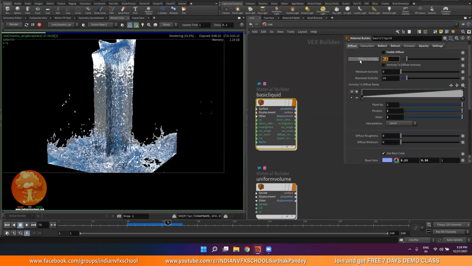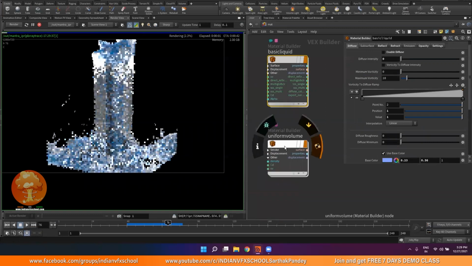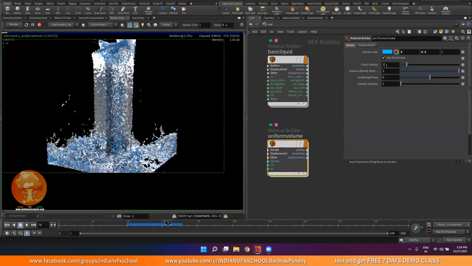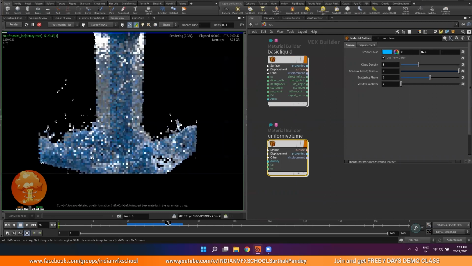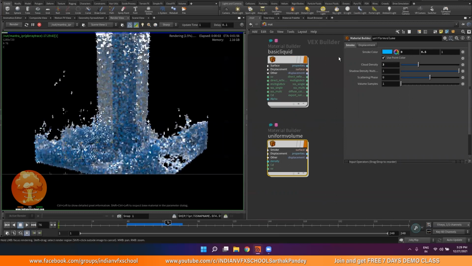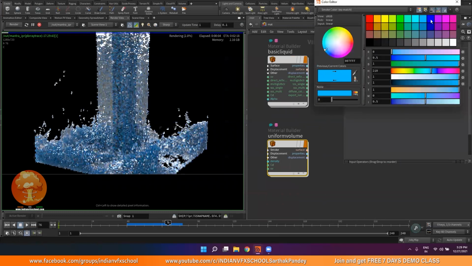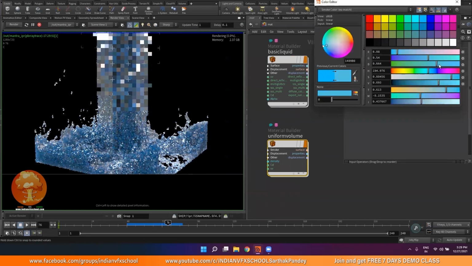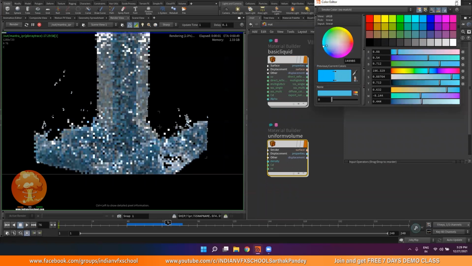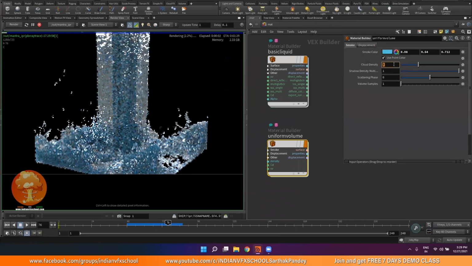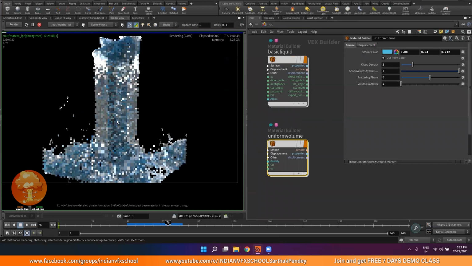Make sure you don't have any diffuse. You can also increase this cloud intensity. If you increase this, you will have a deeper color to your liquid. You can change the color anytime, have a lighter one, or change the tint. Maybe I'll put it to something like 2, and I will render it again.